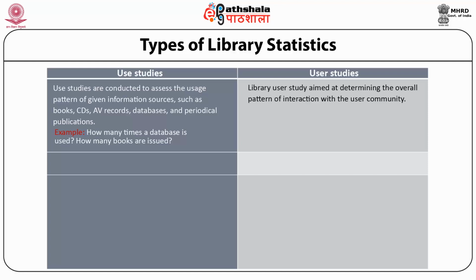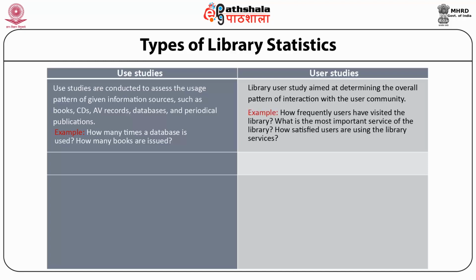User studies, on the other hand, are where you ask users whether they are satisfied with the library services, how frequently they get library services, how much time library staff have taken to provide services, whether they were approachable or not, whether they have shown an indifferent attitude or not. That type of data is user studies, where the user provides comments on your library services. In general, use data is useful to